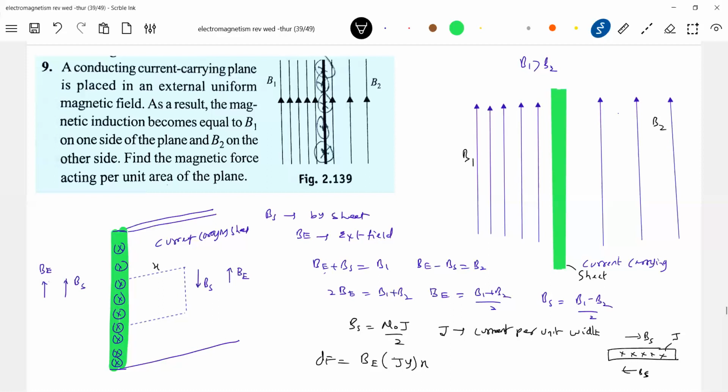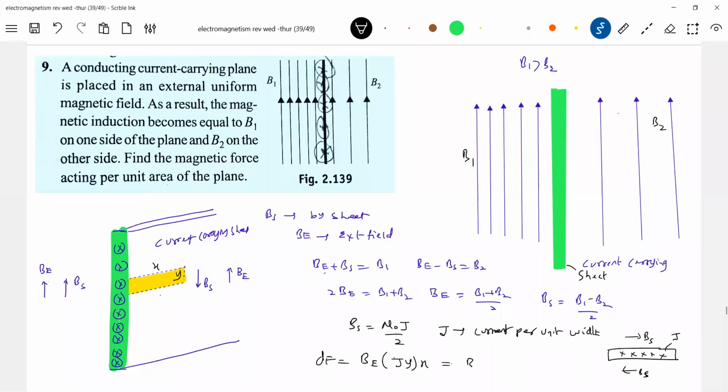Most of you are saying, sir, make it a strip like this. I think this will be much easier for you, no? All magnetic pressure imagination should be of this kind only. Now, shall we say like some elemental wire, length of the wire is X, current JY, and it is kept in an external magnetic field. So will it experience any force? Yes, that is DF. So we know the value of B. We don't know J. So how to eliminate J? J is 2 BS by mu naught.